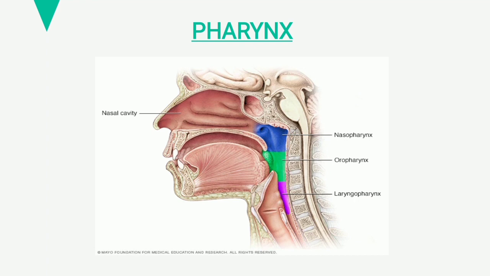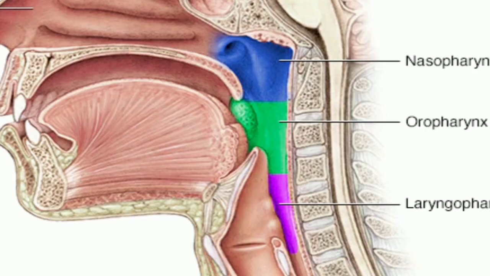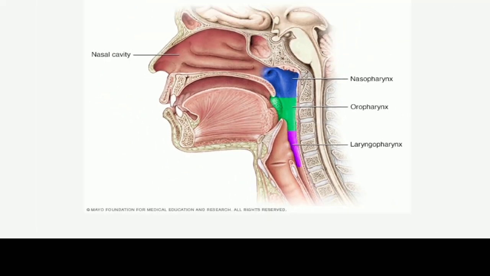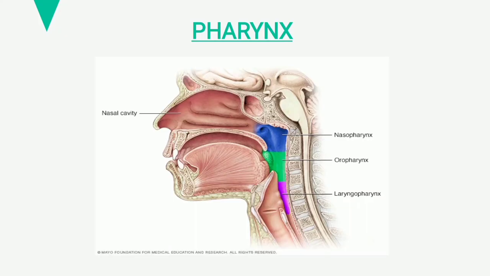Laryngopharynx is a part of pharynx which starts from the oropharynx and it continues as esophagus, in which larynx is situated anteriorly. So basically pharynx is the passage for air and food. It warms the air and humidifies the air. It helps in hearing, as the auditory tubes are situated in nasopharynx, and it also helps in the speech.